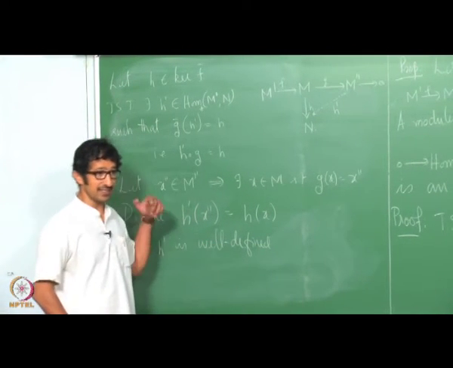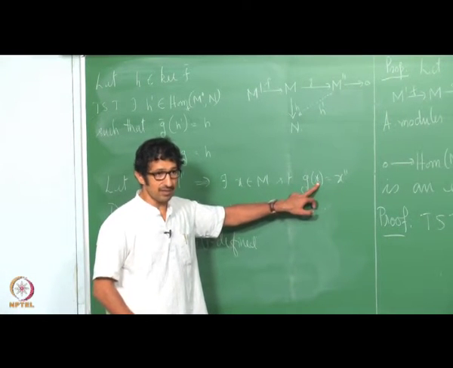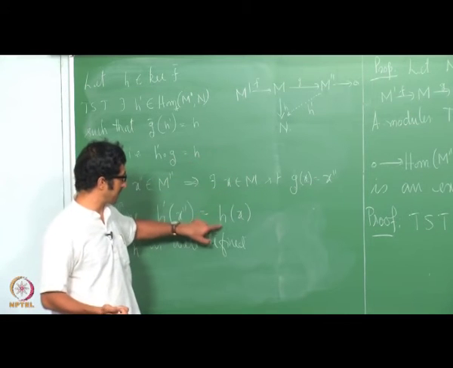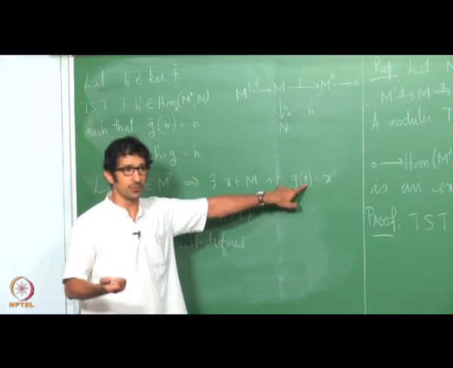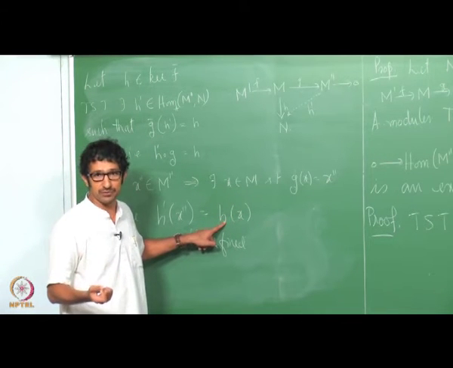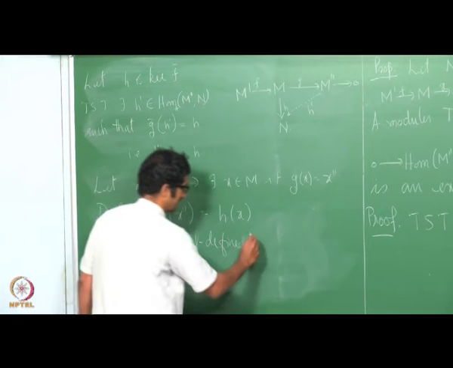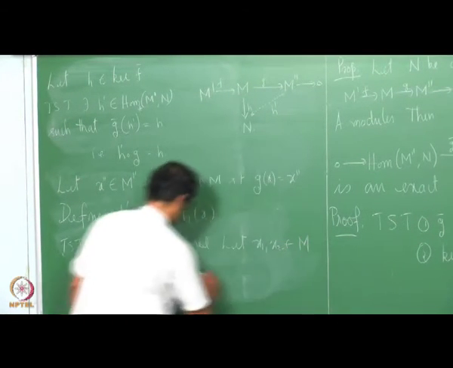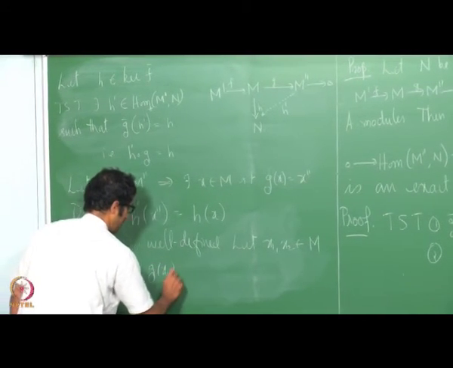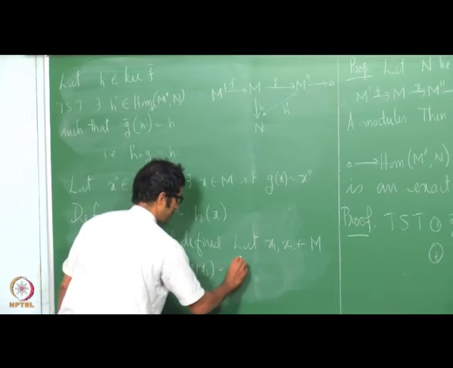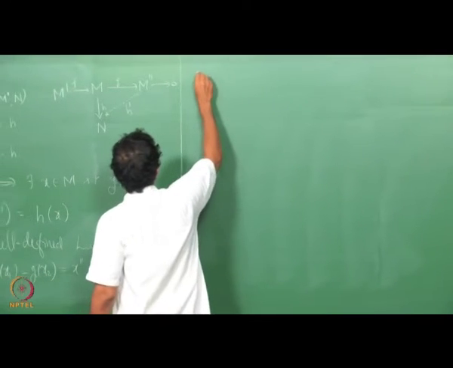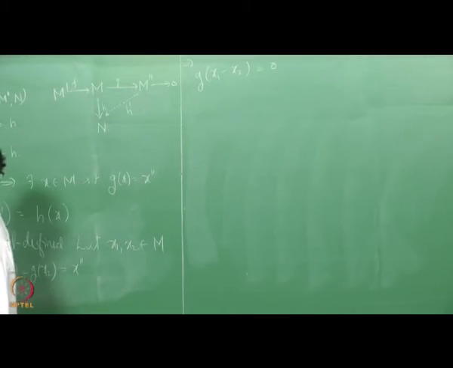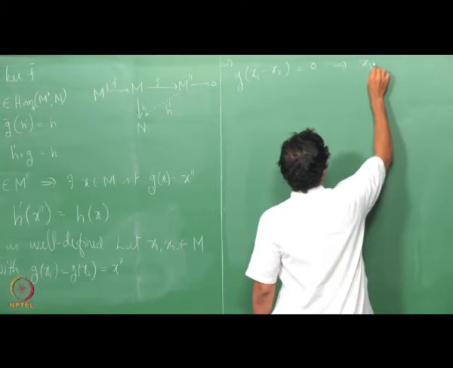How do I show that well definedness here? If I show that whichever pre-image I choose, it does not matter. If I choose two pre-images x1 and x2, if I show that h of x1 is equal to h of x2, we are done. Okay. So, let us do that. Let x1, x2 be in M with g of x1 equal to g of x2 equal to x double prime. G of x1 minus x2 is 0. This implies g of x1 minus x2 is 0. Or in other words, x1 minus x2 belongs to